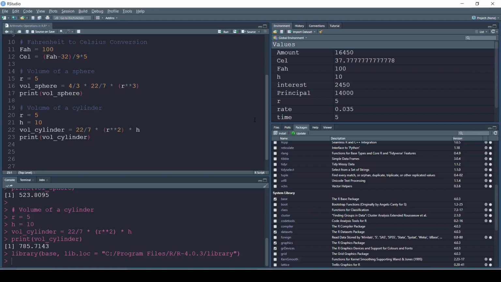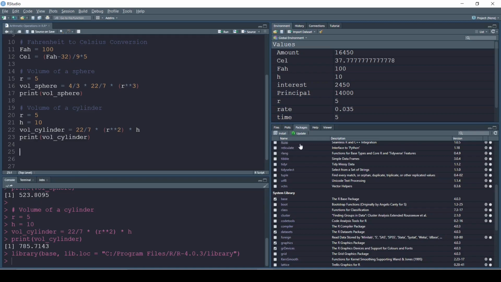So far, we have covered data types, variables, and arithmetic operations. And in arithmetic operations, we have used variables which only had a single value. Variables can also have multiple values, and when they have multiple values, that variable is called a vector. So before we go to vector operations, let us understand what libraries are.